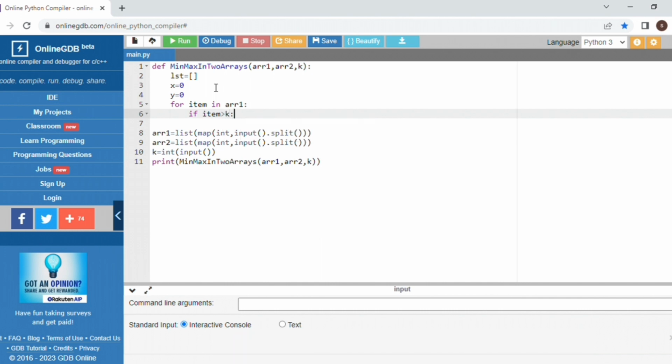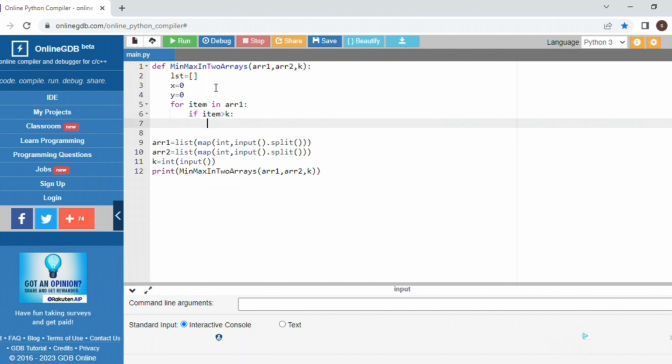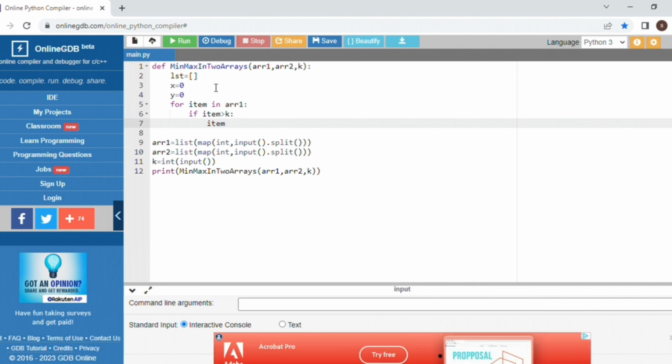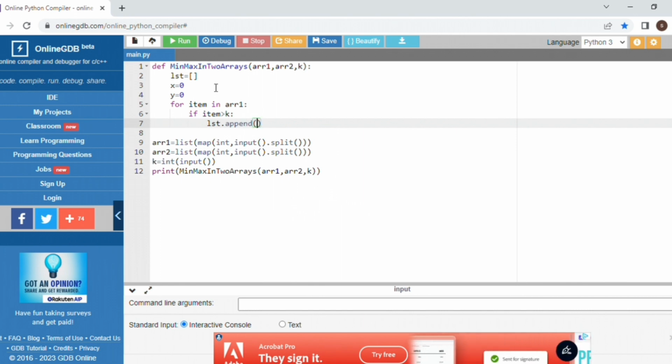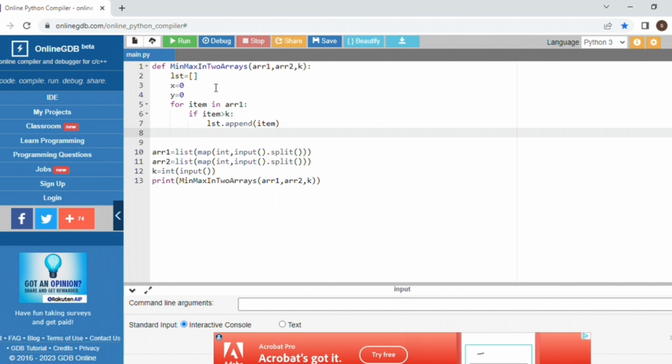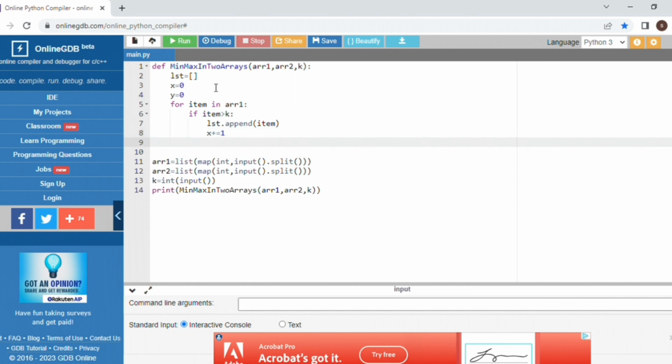Initially I take array 1 and check whether each item is greater than k. If it is, I append it to the list, and after appending I increment the x value, because this counts the number of elements greater than k.